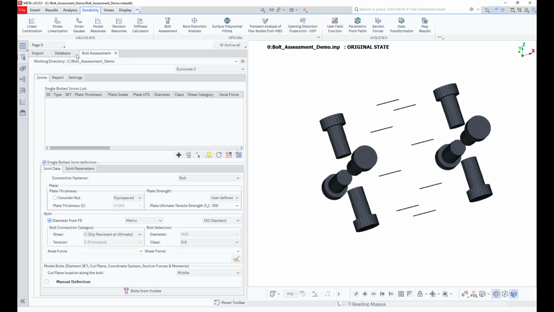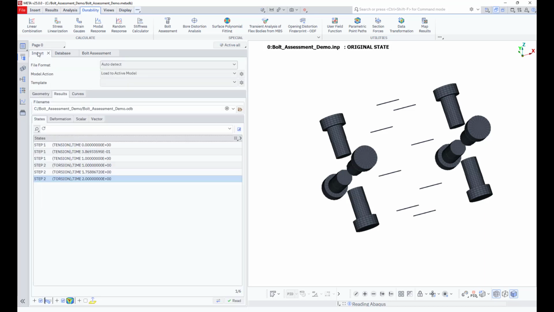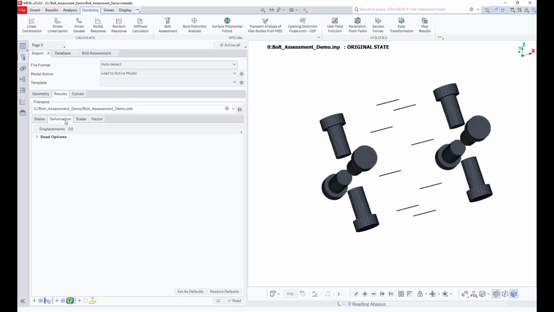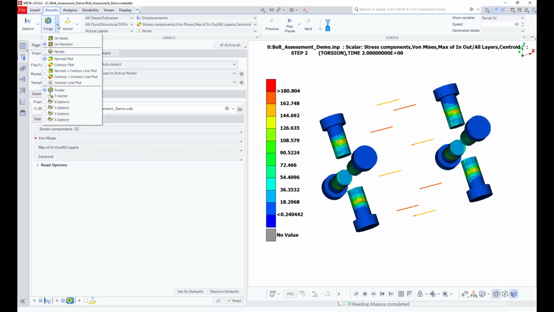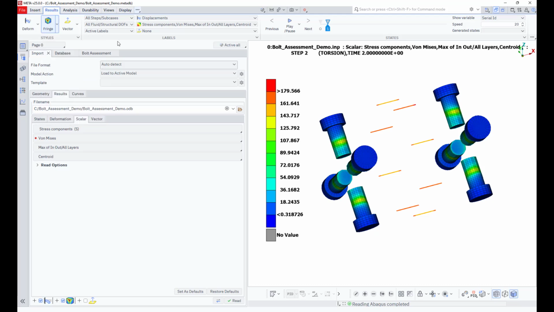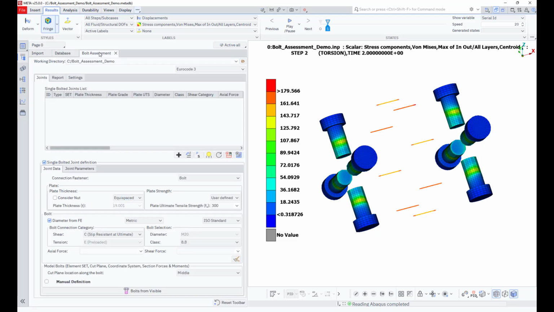To run a bolt analysis using the tool, it is not mandatory to read all states. Find the last state from the list where all forces have been fully applied and select it. Read displacements and optionally scalar results, for example von Mises stresses, and import the results in Meta. Change the fringe settings to on node in order to observe the nodes exhibiting the maximum nodal scalar value per bolt. The location of the maximum nodal scalar can be used to create a cross-section and extract the forces and